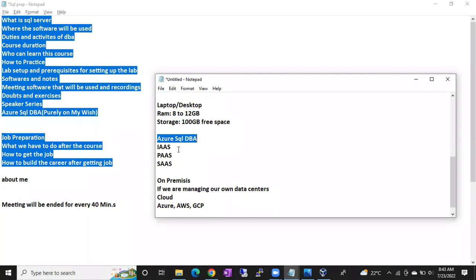Okay. So until IaaS is there from Azure, nothing will happen to your SQL DBA. You can happily learn the SQL DBA. After that, for your career growth, learn Azure SQL DBA also. Some of my students got jobs as SQL DBAs in their companies. The companies themselves are sponsoring them to learn the Azure SQL DBA. So it's important to learn the Azure SQL DBA after the SQL DBA, guys. Any questions here?